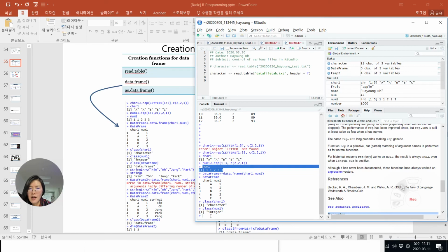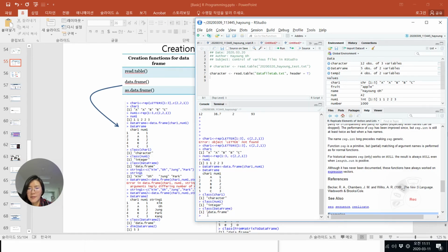Alright. How about data frame? Yeah, that data type is data frame. So using the class function, we can get the specific data type of each variable. Okay. So we talked about